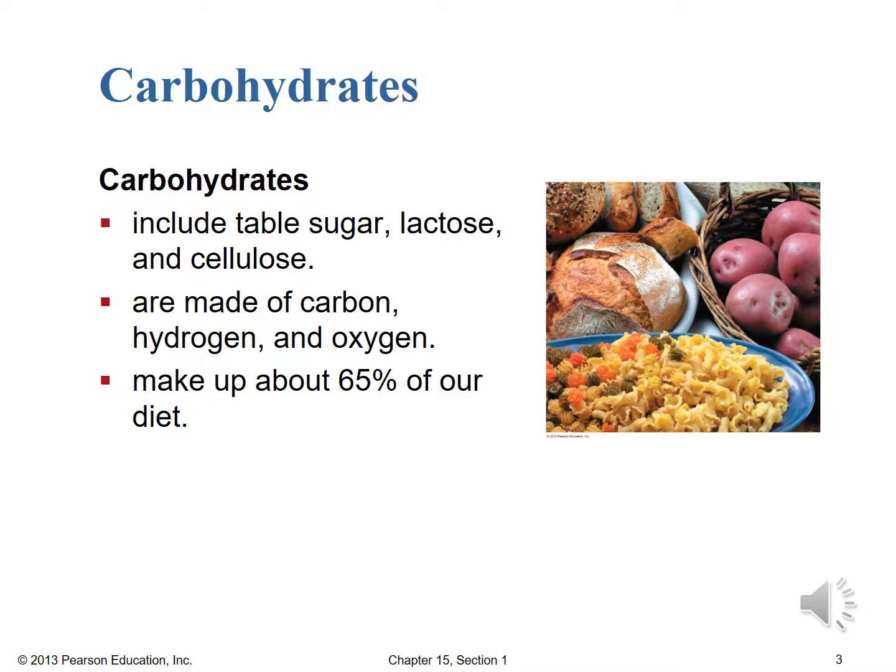carbohydrate. The thing that links all these different carbohydrates is the fact that they're made up of carbon, hydrogen, and oxygen in a ratio of 1 carbon to 2 hydrogen to 1 oxygen, or at least roughly that. For the monosaccharides, it's strictly that, and then the disaccharides, we'll see it's close to that, and polysaccharides like cellulose, approximately that. And they make up about 65% of our diet. Again, this is a normal, average American diet. Pastas, breads, potatoes, as we see in our image there. Of course, if you're on a no-carb diet, you try to restrict the amount of carbohydrate, but there's still got to be some for reasons we'll talk about in a moment.